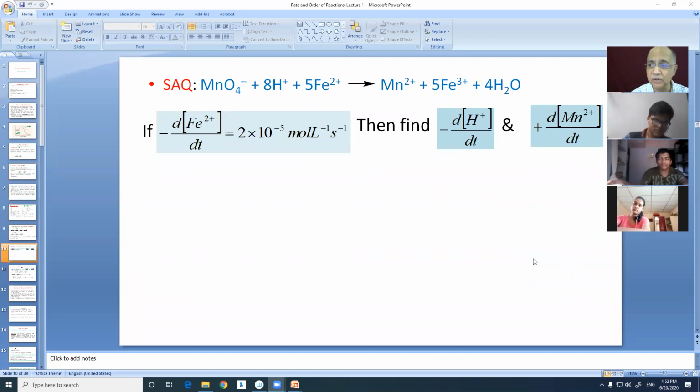Can you not find out? You have to just build up the rate expression from the balanced equation, taking the coefficient as a reciprocal, 1 by that. After you set the equation, the correlation between the different species, then if one is given, the other one can be found out by crisscrossing the coefficients. I give you 1 minute to answer this.